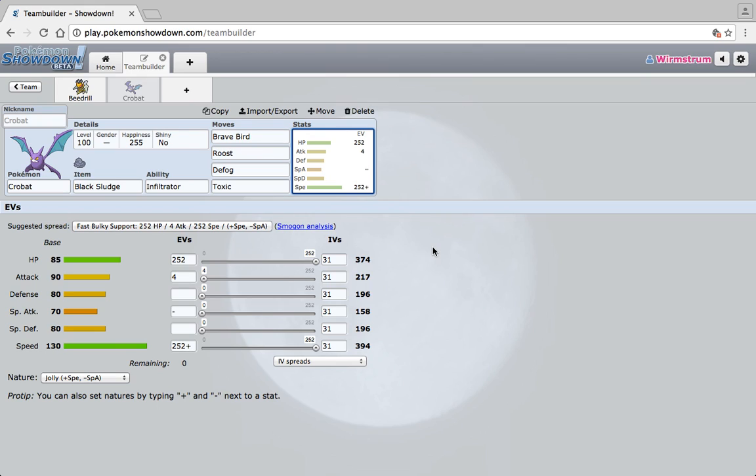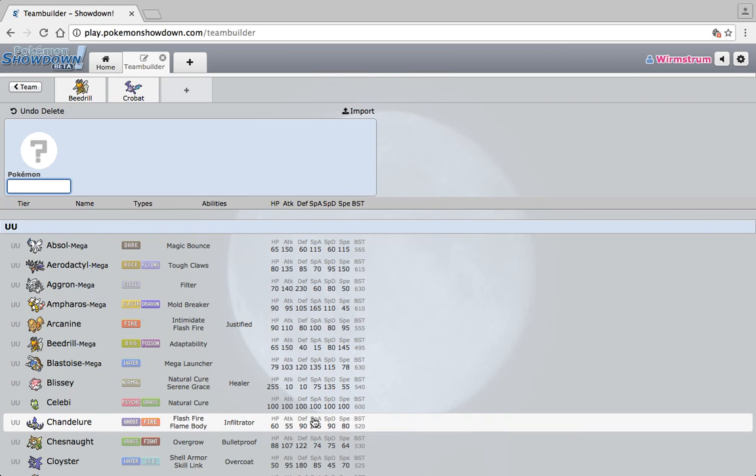I choose Toxic over U-turn because I'm going to have more fast Pokemon than defensive Pokemon, and I want it to be able to break any kind of wall. That didn't make much sense, but basically I want to break down walls because the rest of the Pokemon on my list are not going to have Toxic, and I feel like if you aren't bringing Toxic to a battle, you aren't prepared for any situation. I just needed to have fast Toxic support. So moving on to my next Pokemon